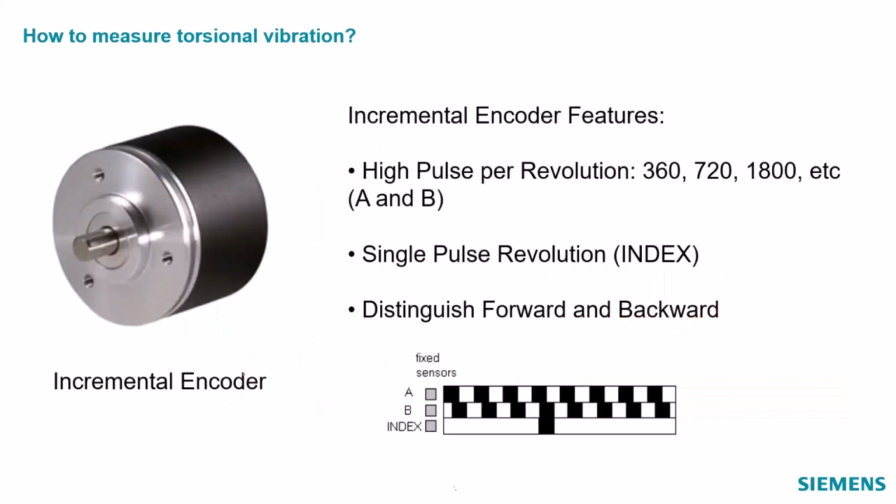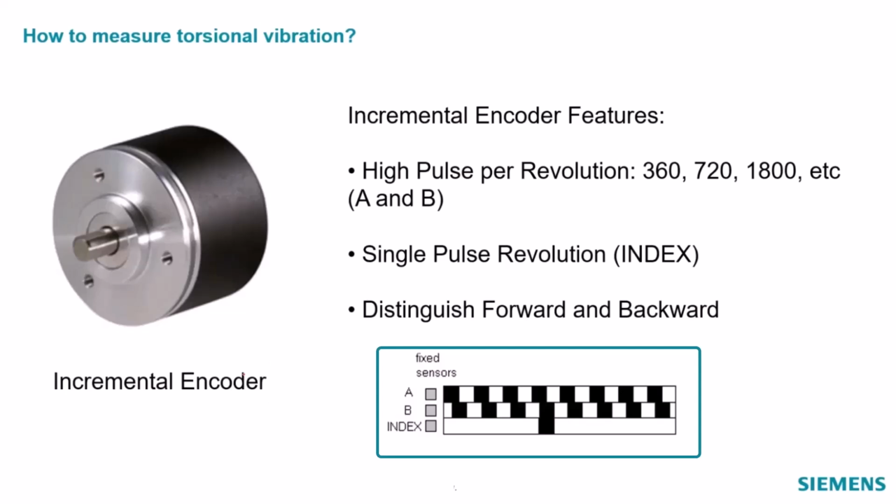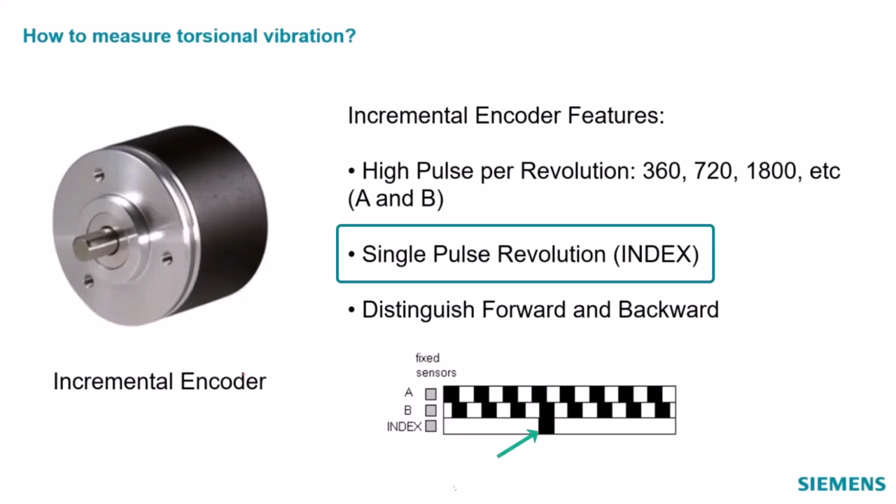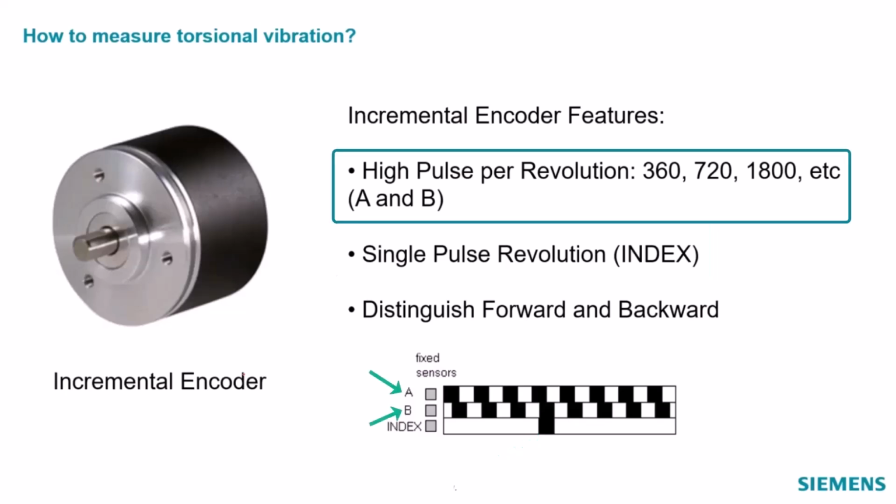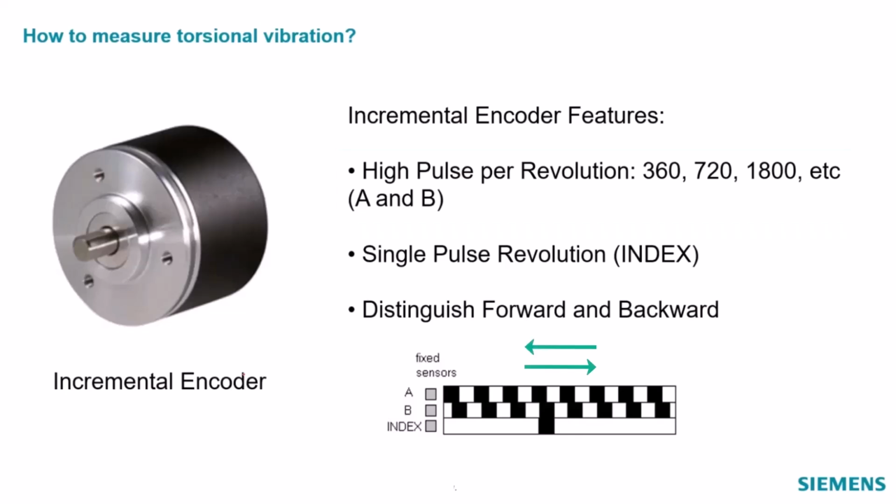So there's another one, something called an incremental encoder. And this actually has embedded in it 3 signals that come out of it. One is a 1 pulse per rev, so you know where 0 degrees is. And then it has 2 multiple pulse per rev signals with a known offset apart. And that offset is different in this direction than in this direction, right? You see there's a bigger gap here than here. And it's able to tell, based on that pattern, whether this is attached to a rotating shaft, if it's going forward or backward.